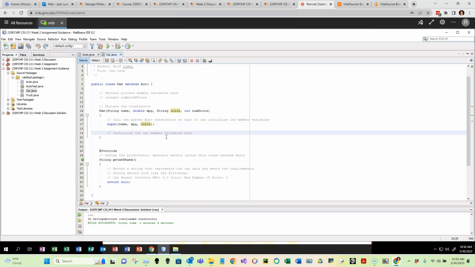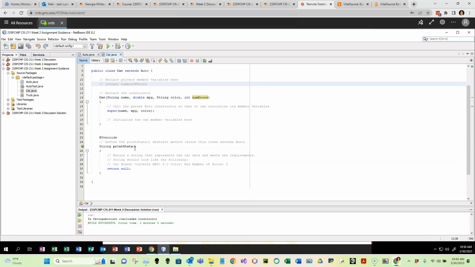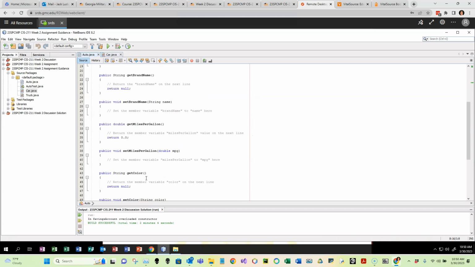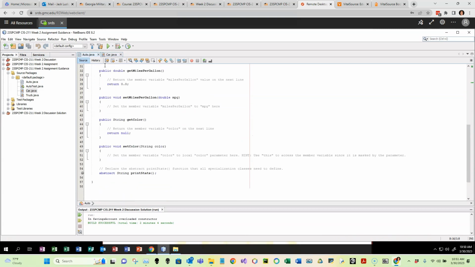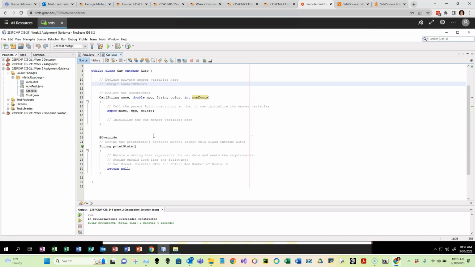All right. Here, you want to initialize number of doors. Down here, number of doors exists here, not in the base class. So, yeah, I would probably set number of doors equal to this number of doors here. Okay. Print stats. Notice that this is the abstract method that's called out here, but because this is a